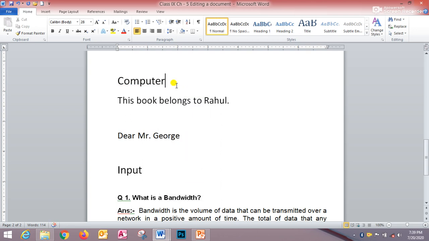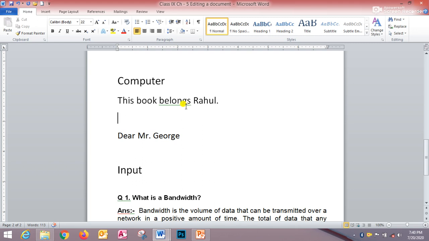Then the incorrectly spelled word is replaced by the correct word. Right. So in that way we can remove the red wavy lines. Next, green wavy lines. A green wavy line under any word or sentence indicates a grammatical error. Suppose from this sentence I am removing to, right? Then a green wavy line will be displayed under the word belongs.